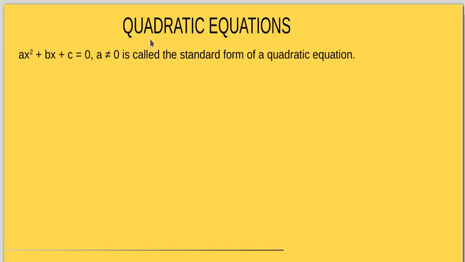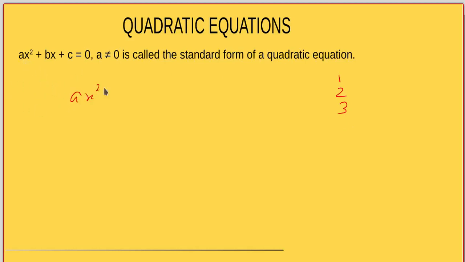Dear students, in this session we'll discuss quadratic equations, chapter 3 from class 10. We have discussed polynomials: a linear polynomial if it is of degree 1, a quadratic polynomial if it is of degree 2, and a cubic polynomial of degree 3, and so on, in the chapter on polynomials. A polynomial of degree 2, that is ax square plus bx plus c, is called a quadratic polynomial.